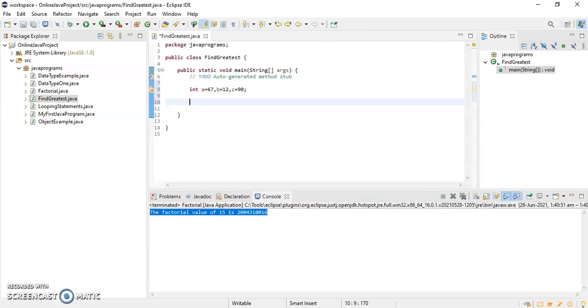So I have to write a condition like this: if a greater than b and a greater than c. You see this ampersand symbol? If you give two ampersand symbols, it will be considered as your AND operator.